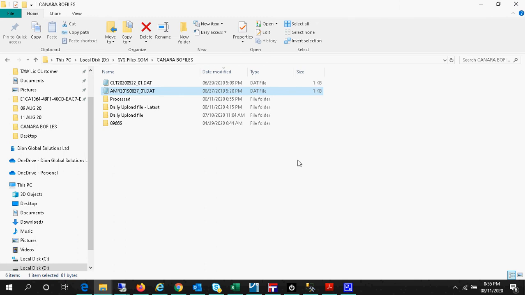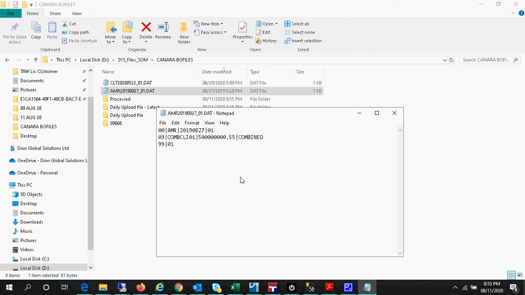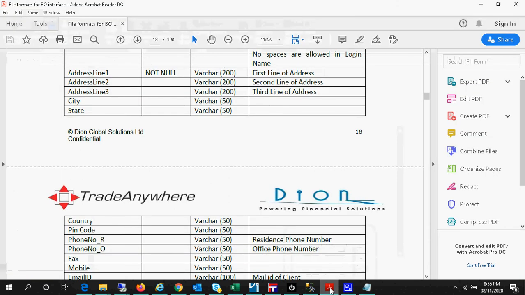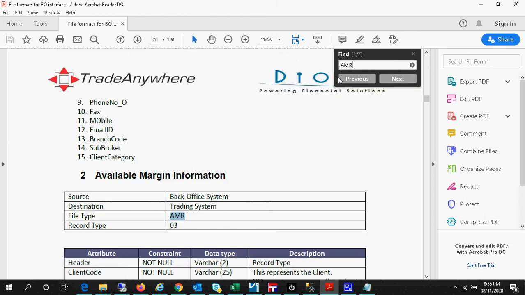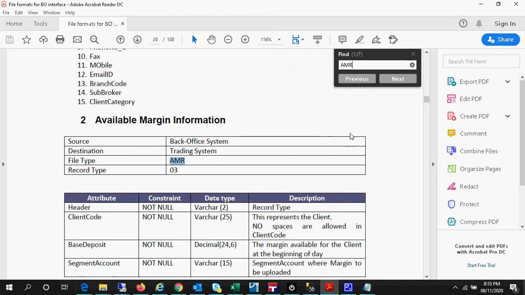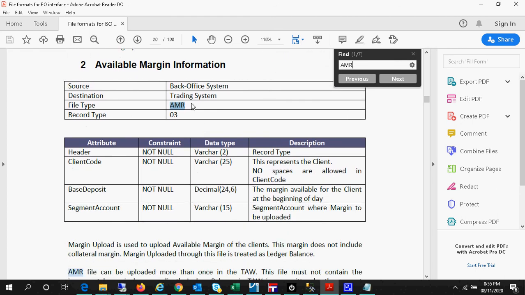The basic fields are there, and those can be checked from our BO back office file format document. If I search this AMR there, the complete detail required for an AMR file is given, what type of values it will accept. This AMR file will be uploaded to the system admin utility or through the health dashboard application.